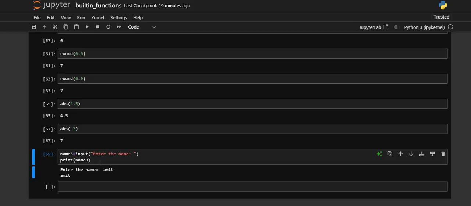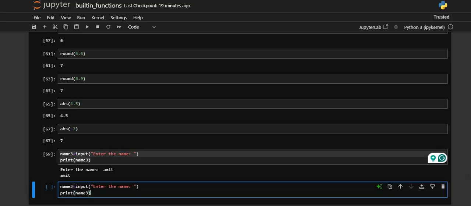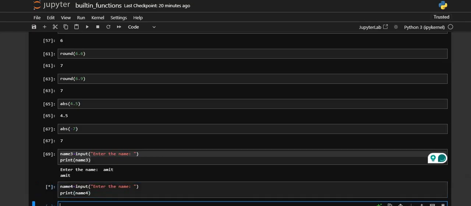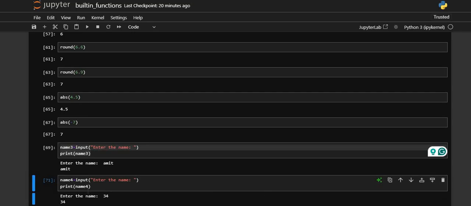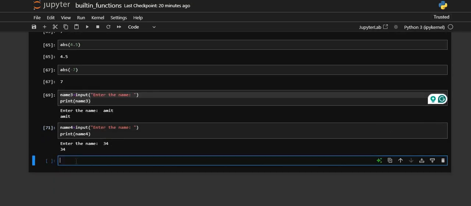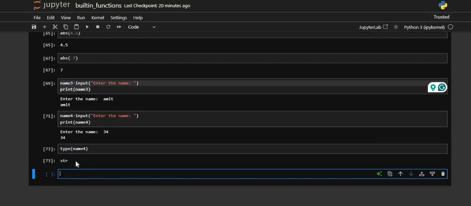If you enter the name, it will just print the name, right? But if you do the same thing, let's say I'm printing name4, and if you give 34, it will give you 34. But if you check the type of name4, it is a string type,